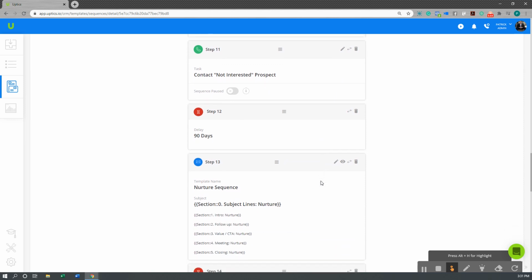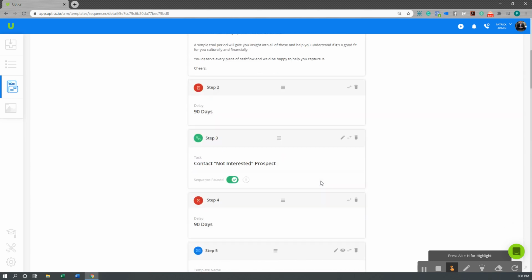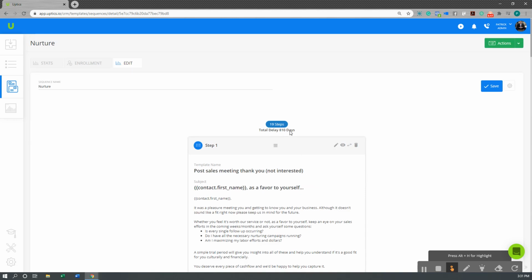The biggest point here is doing something with the people that told you that they weren't interested, and doing it consistently, because we've had a lot of times where we just hit them with an email or a follow-up at the perfect time, and they're weighing their options, and what you're doing now makes sense for their needs. Again, this one we have set up for about 810 days. We can make this as long or short as we want, but you want to space them out and you just want to do something.